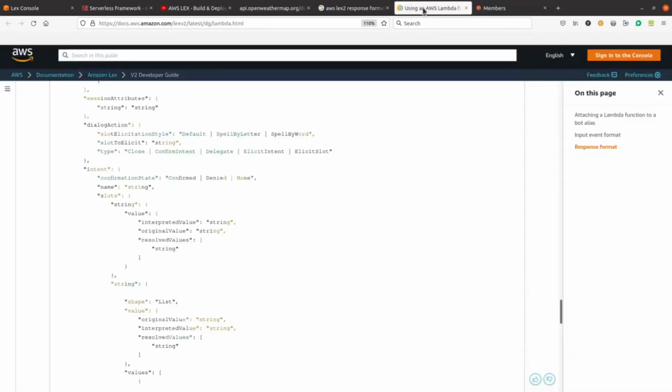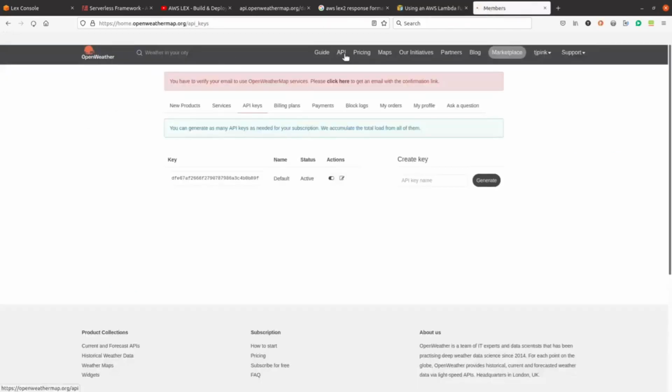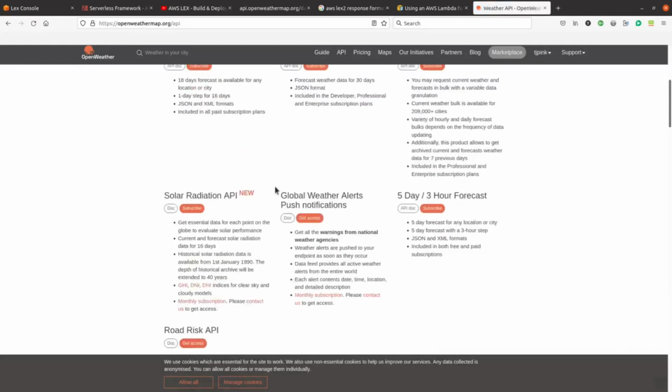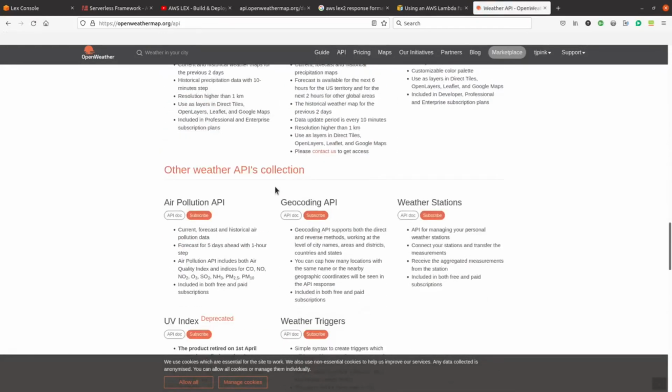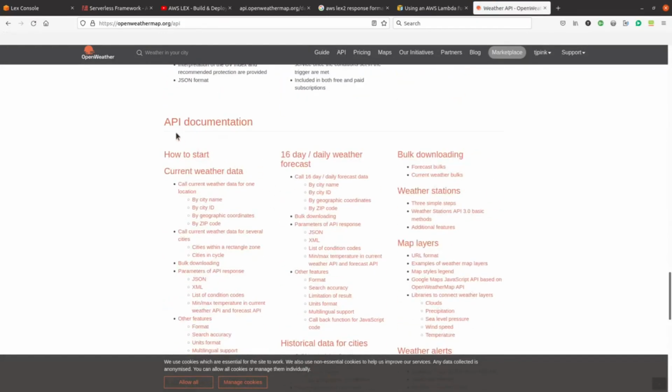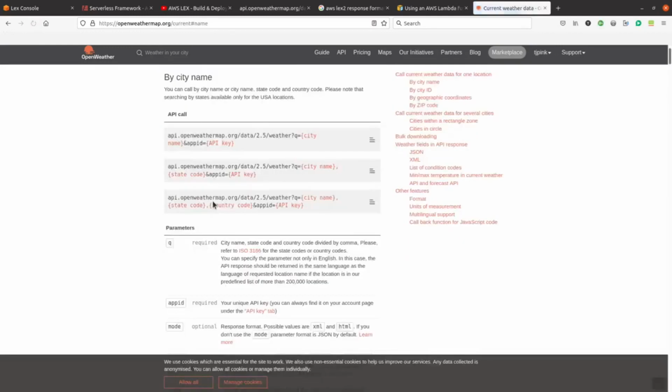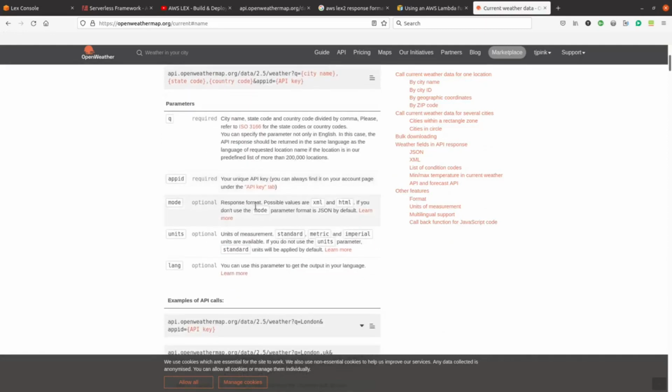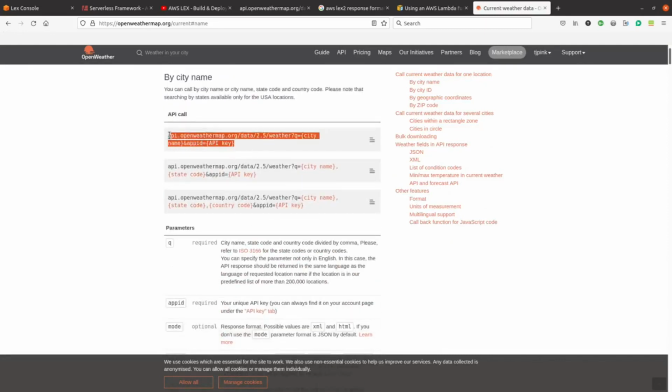You can go to the documentation. Okay, click on API, and you scroll down. You'll see API documentation. So we're going to get the current weather data, and we call by city name. Okay, city name. So click on this. They will tell you how to call. So what we can do, we can just copy and paste